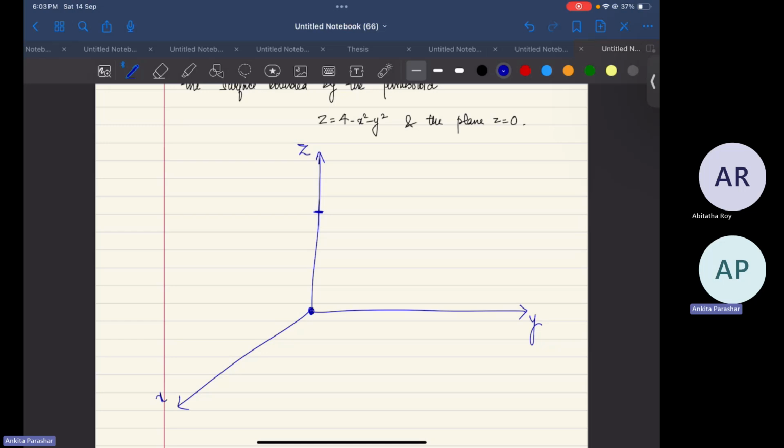Right. Yeah, you're right, correct. Another way is you just project this surface to the various planes, as I told you. Project this to the ZY plane. X is 0. You'll get